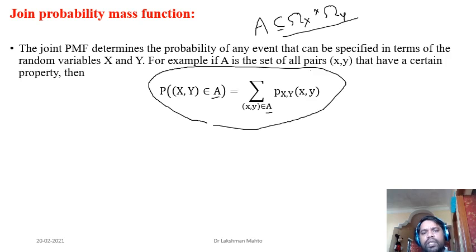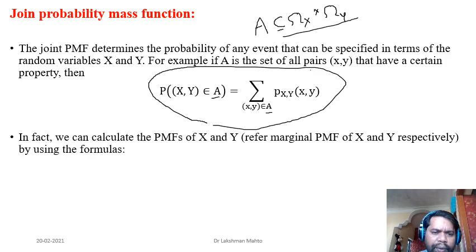So that event A happens to be joint in nature. It is not taking a single value of X only, a single random variable X. It is taking some value of two random variables X and Y. I have given this result from the three axioms of elementary probability. In fact, we can calculate the probability mass function of X and Y. Suppose we have a definition of the joint probability, or some explicit formula or explicit value of the joint probability. From there we can easily calculate the marginal probability.